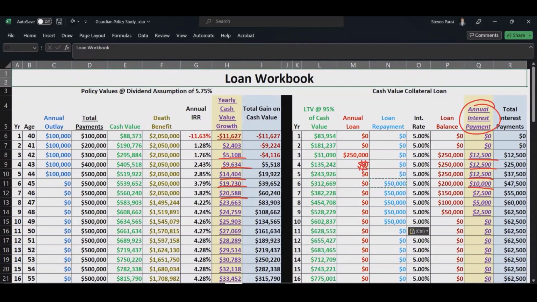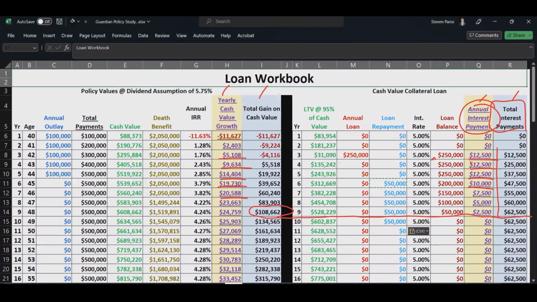If I take more loans, which I can, all based on my available equity, then obviously I'll see the loan balance go up, and also the interest payment go up. But assuming we don't do that here, 12,500, look at this guy, total interest payments. So by the time that loan is paid, how much did you pay in loan interest? $62,500. So often what people have expressed they like to do is compare the total interest paid with the total gain on the policy. So this way I can look at the yearly growth compared to the yearly interest, and also the total growth compared to the total death benefit.